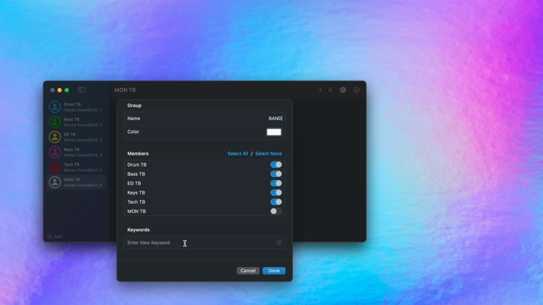So when you put in a word or a phrase into this keyword list, it's going to be highlighted every time it's detected in any of the transcriptions that are in this band group. So since I'm a monitor engineer, I want to catch any potential mix changes someone might throw at me. So I'm going to put in words commonly used when someone's asking for a mix change. Stuff like